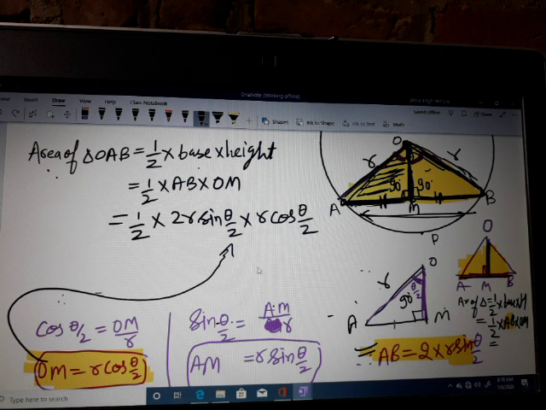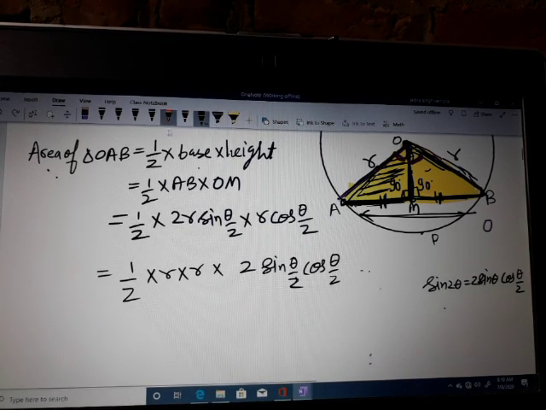But the most important result is here. I can write these things in a simple way. I am going to derive one most important formula that you can directly use in the exams. And by using trigonometry, I can write down this formula, because 2 into sin theta by 2 cos theta by 2.